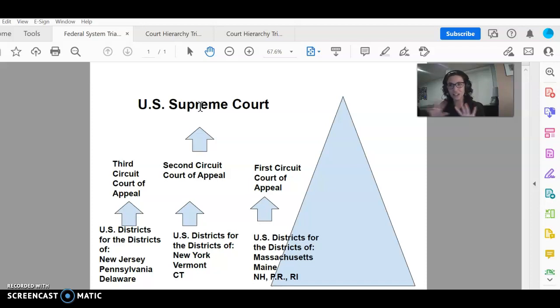So does this graph make sense? It's a lot of courts. You do not need to memorize these at all. I do want you to know the U.S. District Court for the District of Massachusetts, that's our trial court. I also want you to know that our appeal would go up to the First Circuit Court of Appeal, and then, of course, to the U.S. Supreme Court. But you don't need to memorize all the others. But I just wanted to make you aware of how the federal jurisdiction is organized. Take a look at the chapter in your book as well, the chart that breaks this down for you.